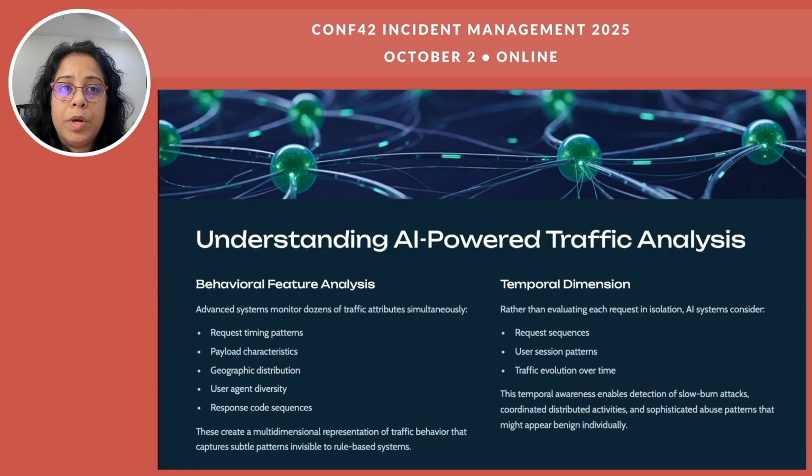Returning to our store owner, what if we gave him a genius security guard instead of a simple rule? The guard doesn't just count people, he watches how they behave. Is someone just slowly walking in looking at products? Probably fine. Is a group of people suddenly shuffling in, all wearing similar clothes and beelining to the most expensive items? Probably a big red flag. That's what AI does through behavioral feature analysis.